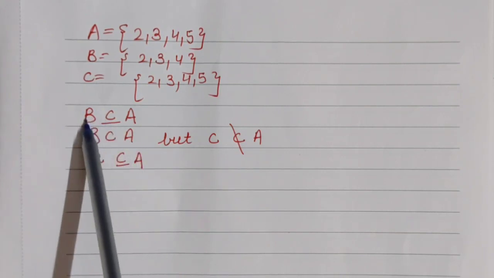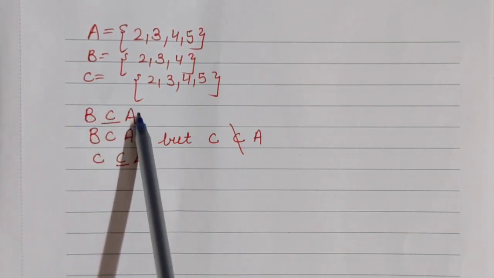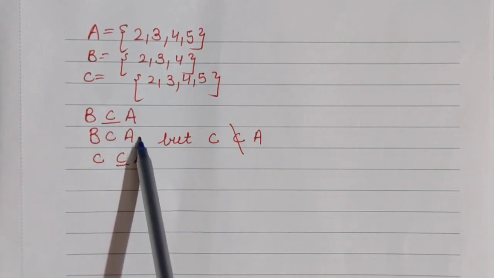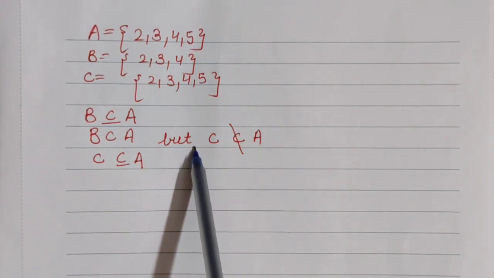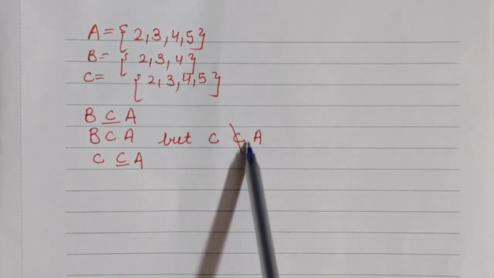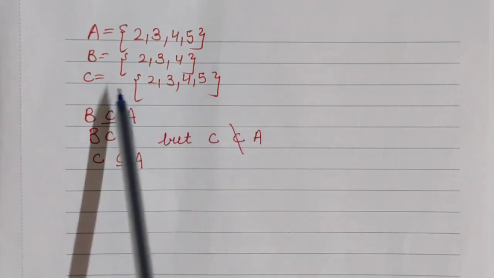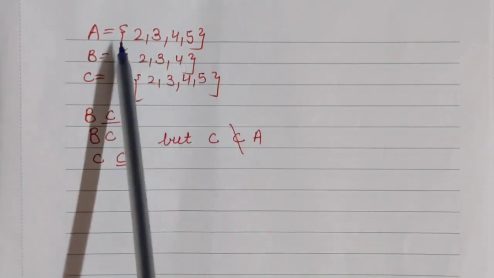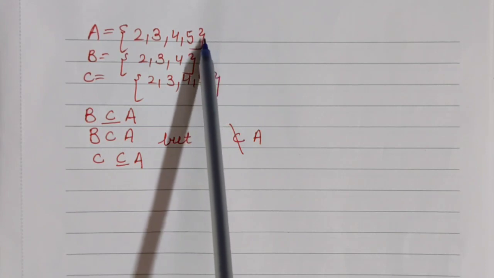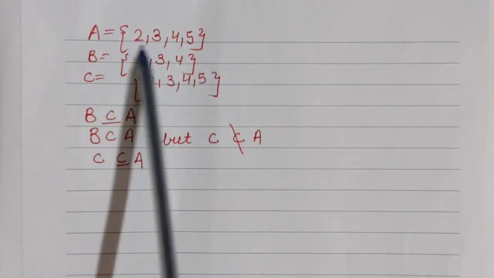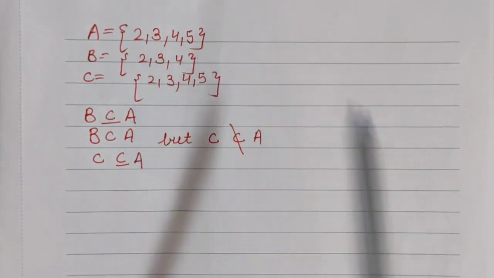It means we can also write B is the subset of A, or we can also write B is the proper subset of A. But I cannot write that C is the proper subset of A. Why I cannot write it? Because all the elements of C are contained by elements of A. All the elements of C are contained by set A, but according to the definition of proper